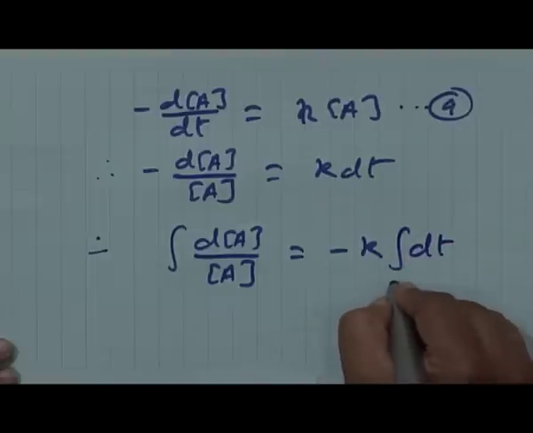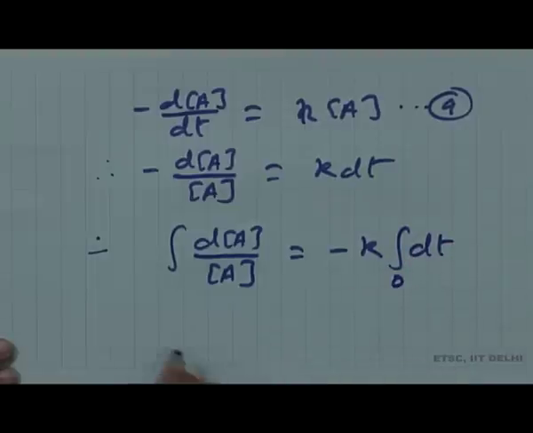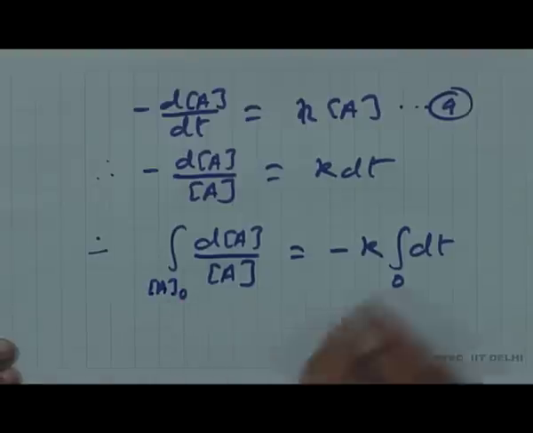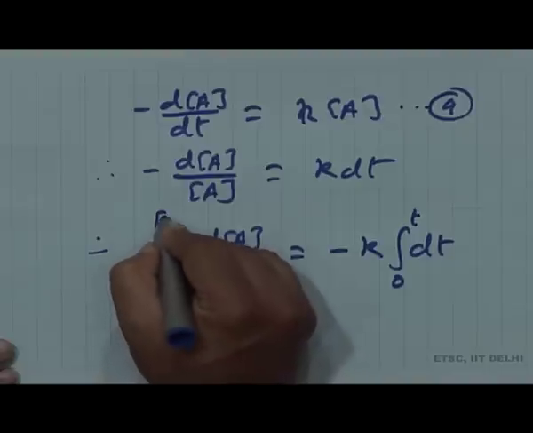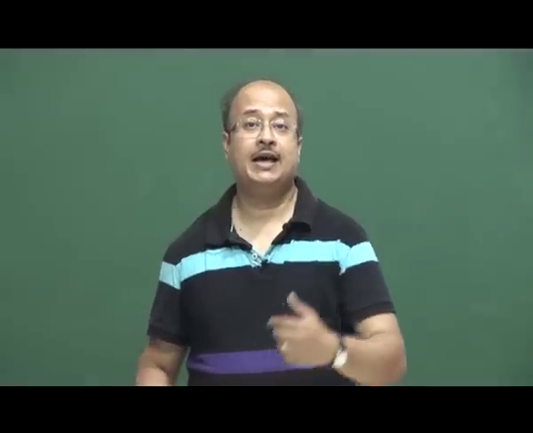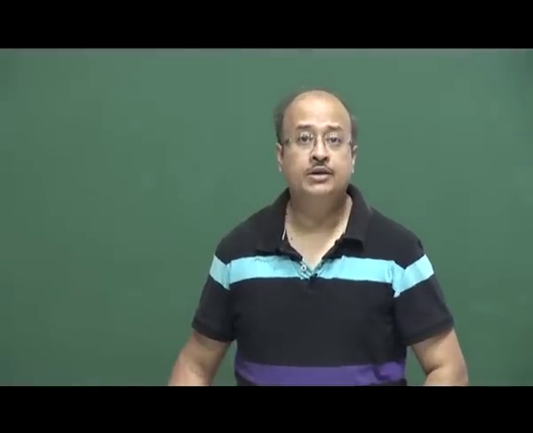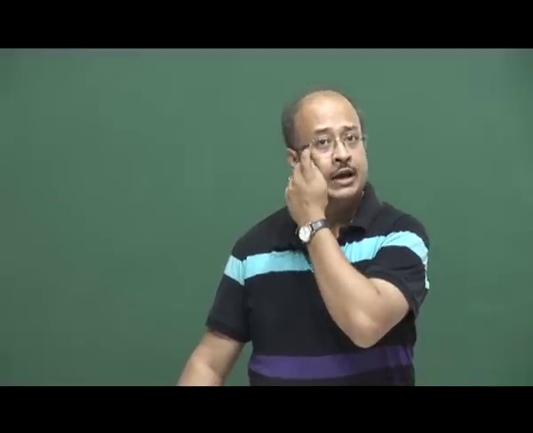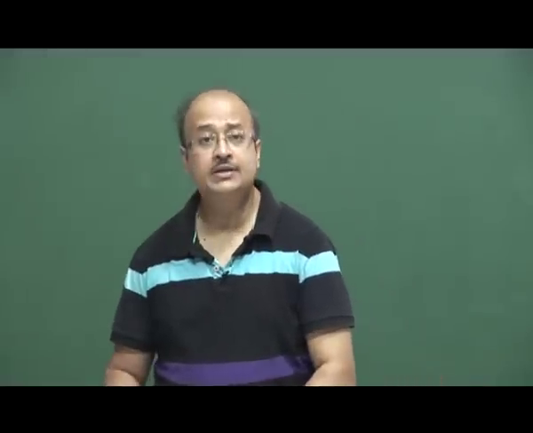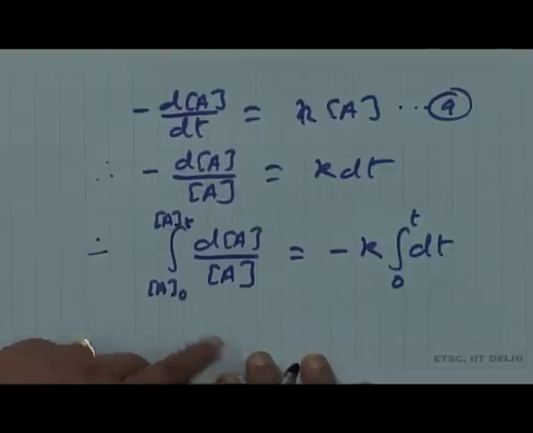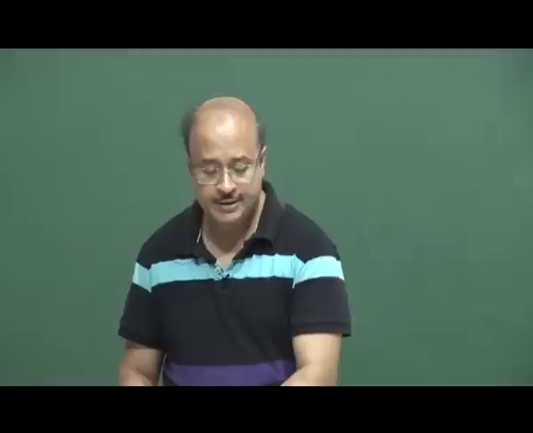We will take the negative sign on the other side, K, we can integrate it like this, again at t is equal to 0, the concentration of A would be A naught, at t is equal to t, the concentration of A would be A t. Okay. Remember, this K is a constant, so it can be taken out of the integration, and hence we have this. So, now we go ahead and integrate. On the left hand side you realize that this is your standard integral involving your natural log. So, then what you get from here is,